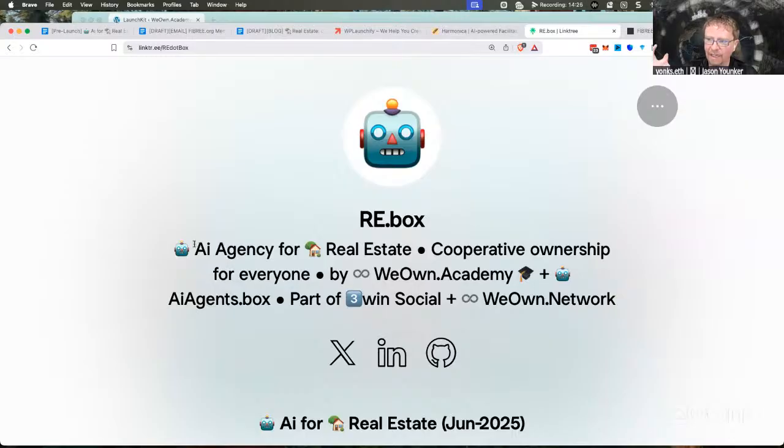re.box, this AI agency for real estate. And what re.box looks like in June of 2025, I assure you, is going to be very different than what re.box looks like after 4 months, because we're building a dev team. This is something that we're also going to be investing capital in, and people here. I'm not sure how much we're going to slice the value wheel from the 497 to actually build re.box, but the big value is that the people in here,